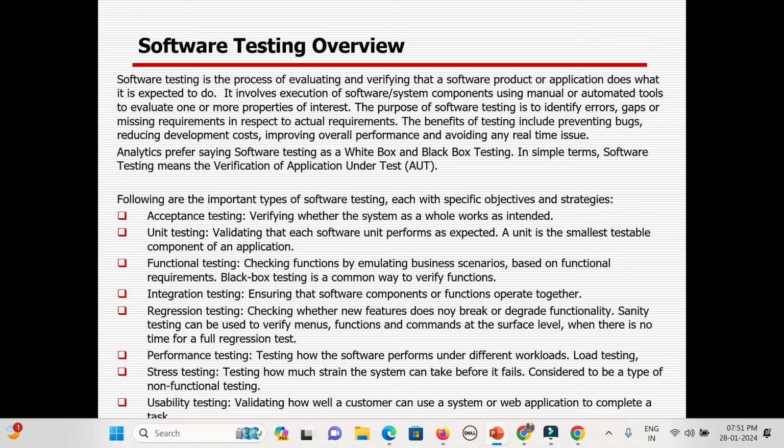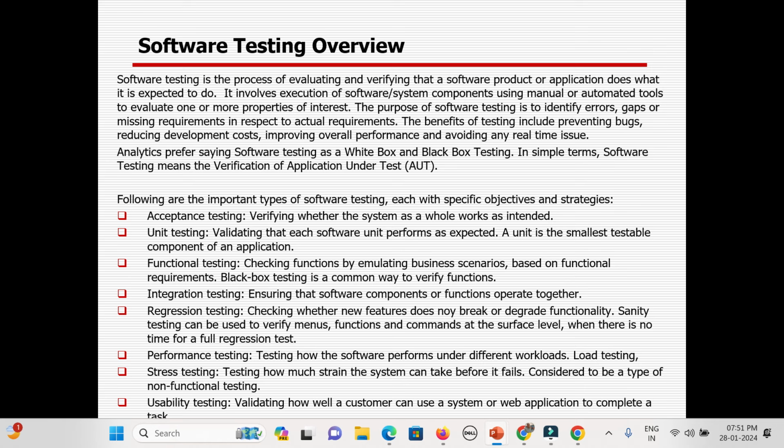So in case I want to talk about a few basic important testing concepts, I can say: unit testing, functional testing, integration, regression, performance, stress, usability, and acceptance testing. Testing will start from the component level. The development team, after developing the product, will do their testing, which is called unit testing, done module by module in isolation. They will find out whether any fault is there, and in case something comes up, they will fix it as part of their unit testing.